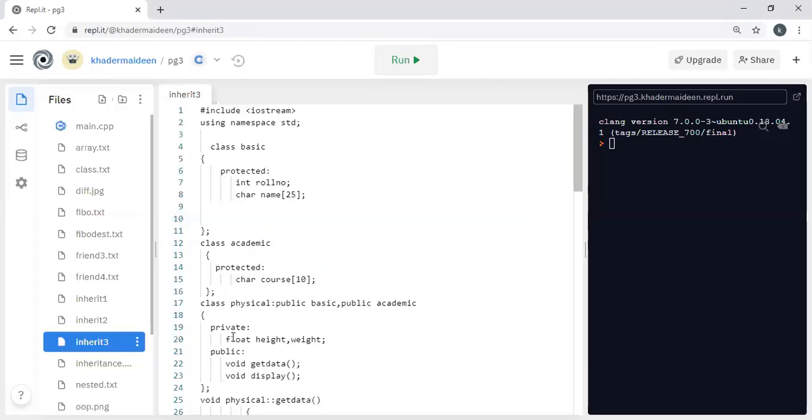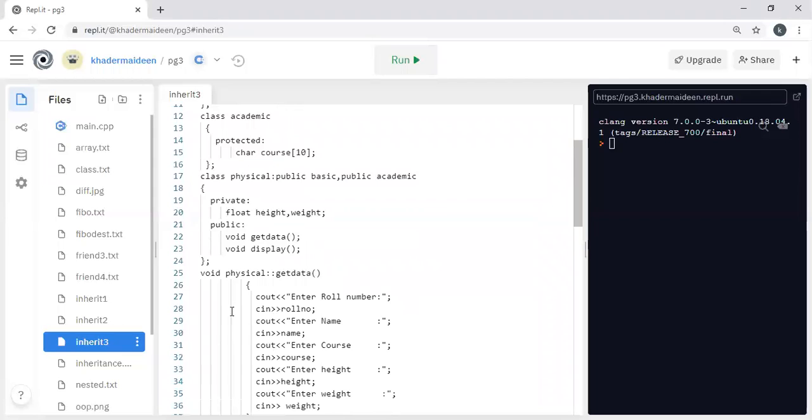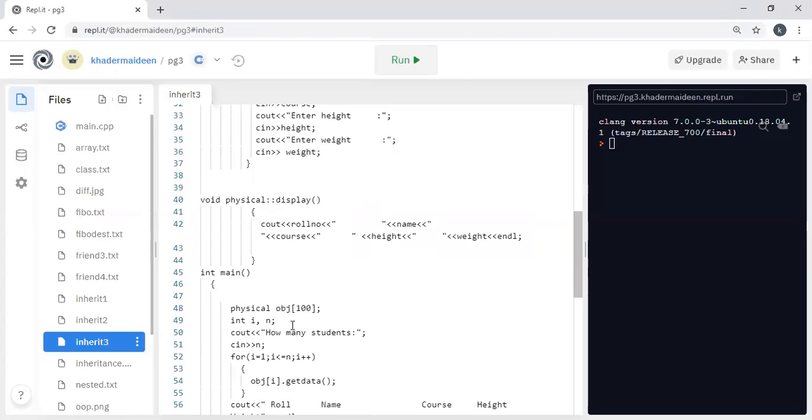So here we define the data members as float under the private category and the member functions under the public category, that is getdata and display. Under getdata we read roll number, name, course, height and then weight. Under display we display the roll number, name, course, height and weight. Then an array of objects is defined for the derived class.